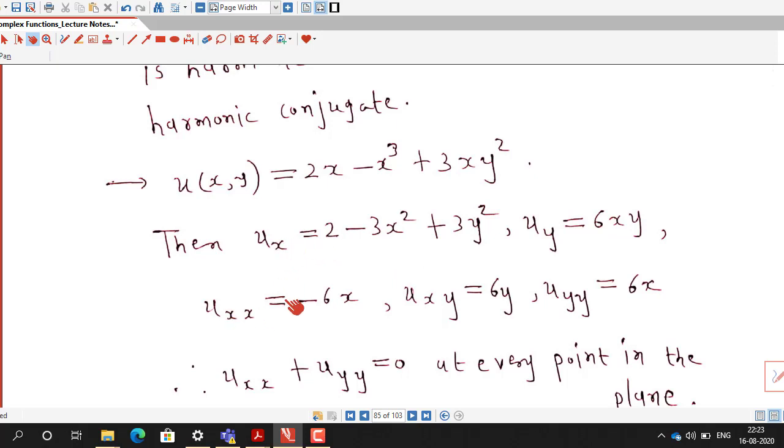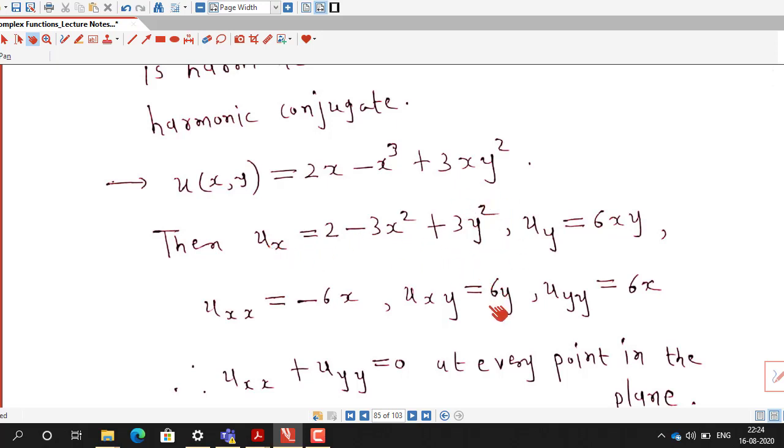Del square u by del x square means derivative of del u by del x with respect to x. So derivative of 2 plus 3y square is 0, and derivative of minus 3x square is minus 6x. Del square u by del x del y is the partial derivative of del u by del x with respect to y. So 2 minus 3x square is constant, so its derivative is 0, and derivative of 3y square with respect